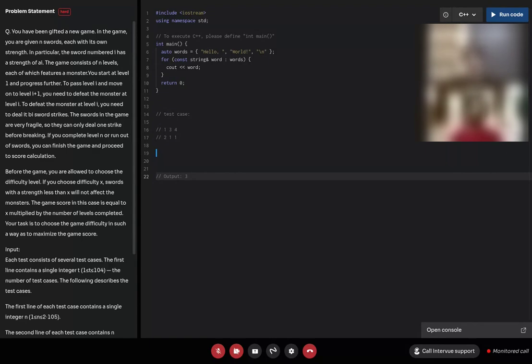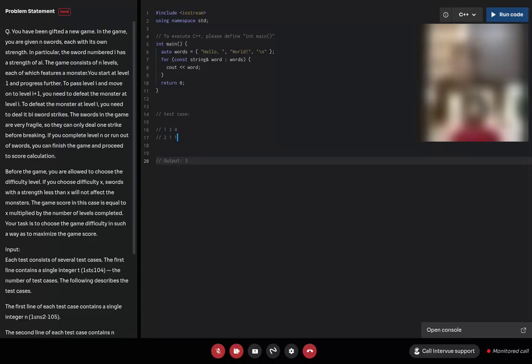No, I'm just asking that the difficulty X, I have to choose prior to writing my code, right? Like I won't know the test case prior. No. Using this information, like this is a hint here, using these two arrays only, you can decide your difficulty. Okay, fine, I got your point.